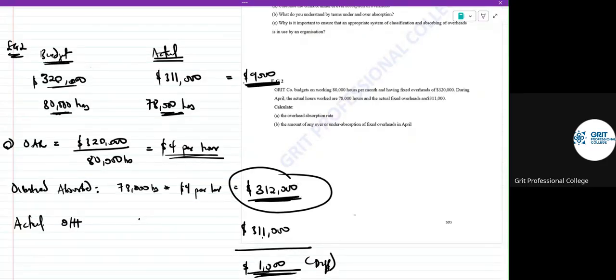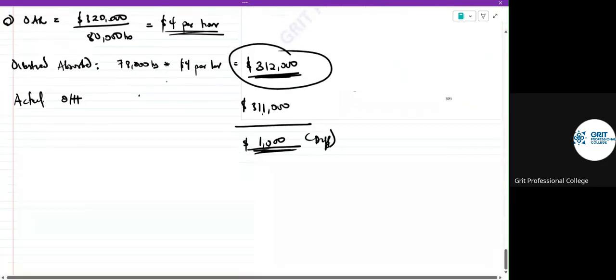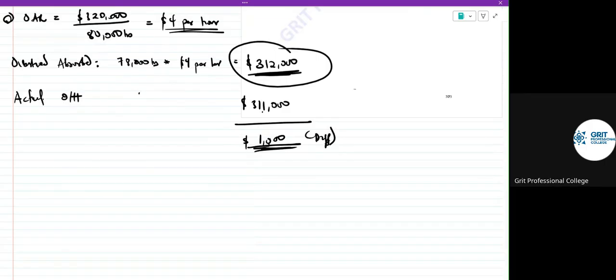So with this, we would have said that the company was able to save like $9,000, right? And someone would have said we have done well. Yes, we have done well, but comparing this with this is not the best way to go about it. Rather, when we calculate this and we compare with the actual, the difference of $1,000 is the true